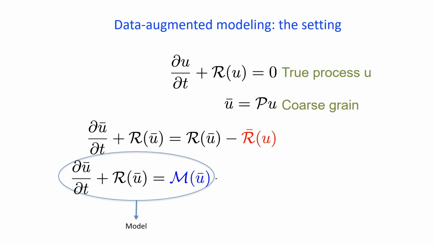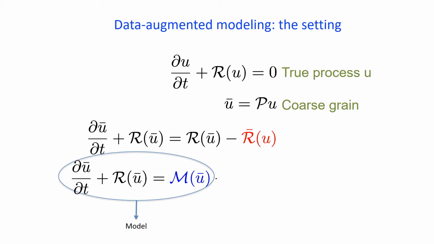So let's say we have a true process that's governed by some set of equations. We may know these equations. We may not know these equations. But in either case, for many complex problems, we cannot solve these equations, right? So then, because we can't solve these equations, at least for the problems of interest, we tend to coarse grain these models. And in the process of coarse graining, typically the full solution, the true solution doesn't leave the model